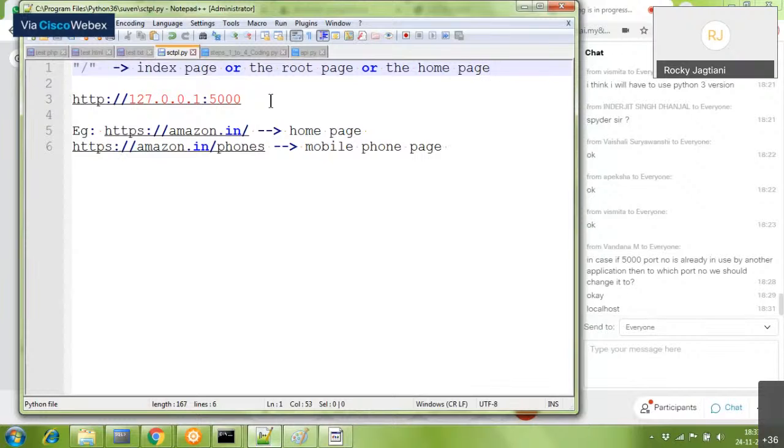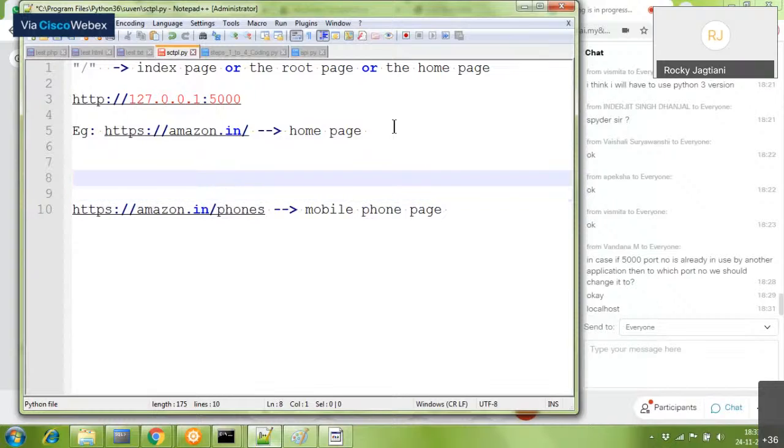Home page is actually the index page or the root page, because everything starts from there, no? So it's a home page. And if you say amazon.in slash phones, it's a mobile phone page. Okay, so try to figure out what I'm trying to say. So if somebody says, no, I want to index